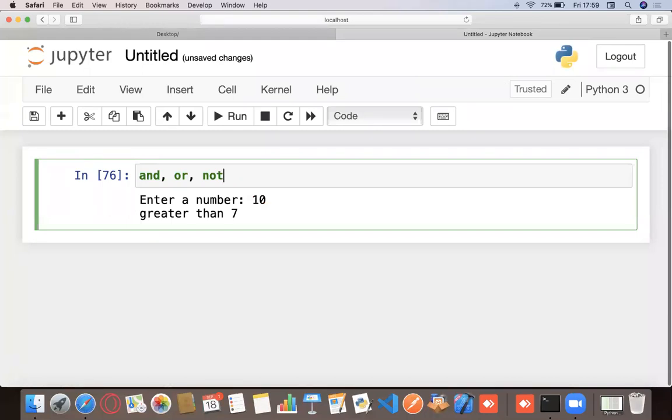Repeating what I said earlier, Python was meant for simplicity, right? That's how the inventor of Python, Rossum, envisioned it. So now and, or, and not are called the logical operators.